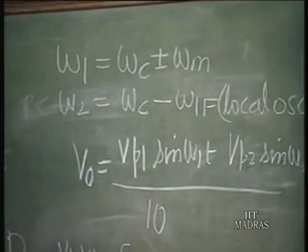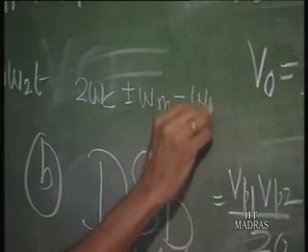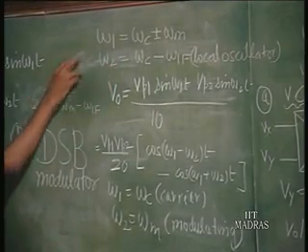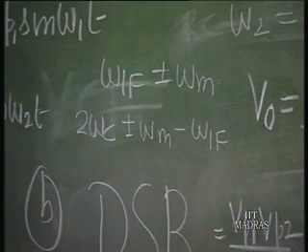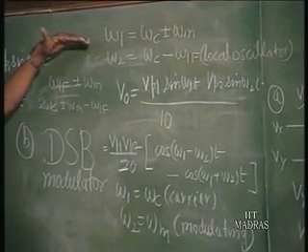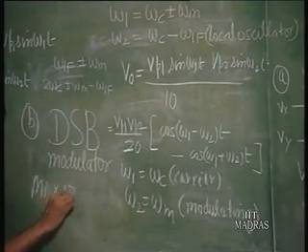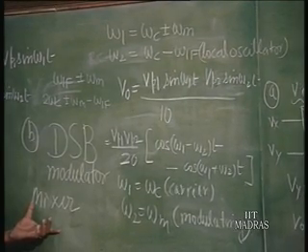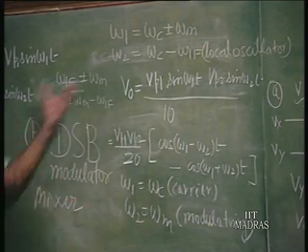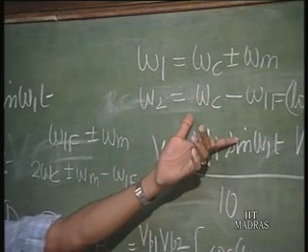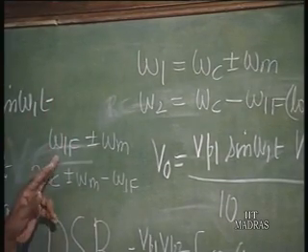So, we see that the output will correspond to 2 omega c plus or minus omega m minus omega if, this plus this, and in this minus this omega c will get cancelled, giving omega if plus or minus omega m. So, when you mix this, it is called a mixer. You are mixing these two frequency components. What is a mixer? Again, it is nothing but a multiplier. Only thing is the input is different now. One is a DSB modulated input, another is the local oscillator, which has a frequency omega c minus or plus omega if, it does not matter. So, this local oscillator frequency is mixed with the incoming frequency, and you get omega if plus or minus omega m,